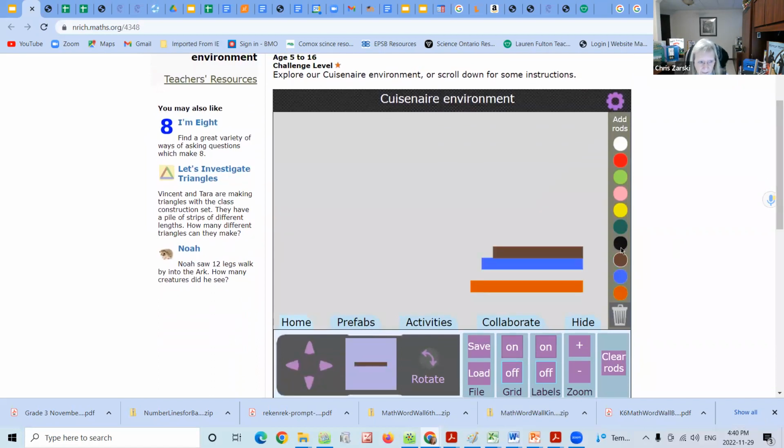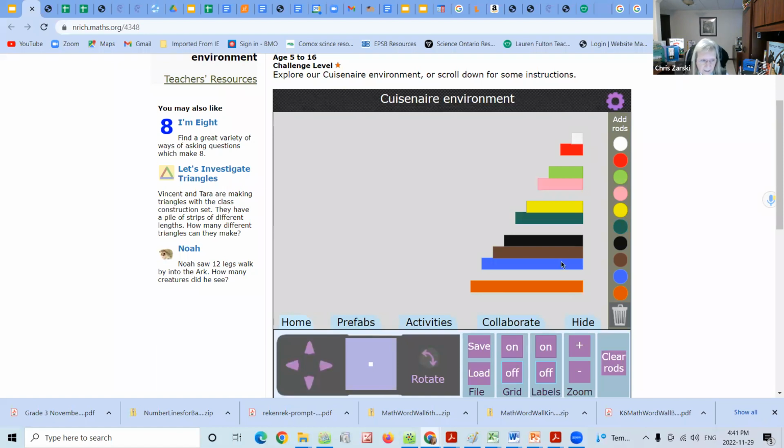When I click on the colored dots on the side, I get my Cuisenaire rods. And I think most of you were with us in the last session, so you saw us work with these, but we'll do a really quick, super fast sort of overview. But there's my 10 different colored rods. Each color has a different value, of which I'm not going to tell the students that because they'll figure it out if they haven't already used them and know them. But in any case, we have these 10 different rods. The orange is the longest, the white is the shortest.